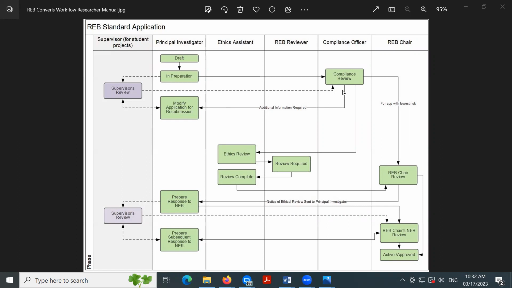Once the application comes to the compliance officer for review, if it's the lowest level of risk, when they're happy with the application, they can change the status and submit it to the REB chair for review. Or if they feel that something's unclear or something substantial is missing from the application, they can send it back to the primary investigator and ask them to make any modifications or additions to the application before resubmitting it. And then for applications that are